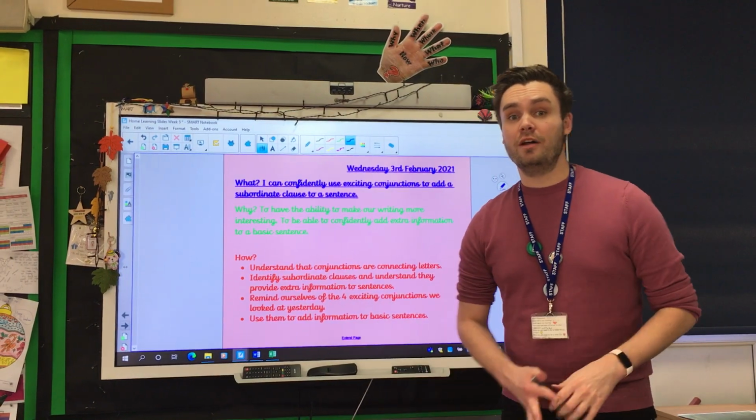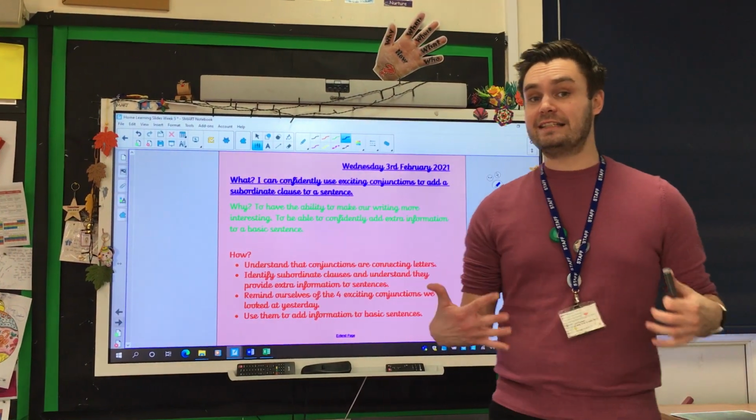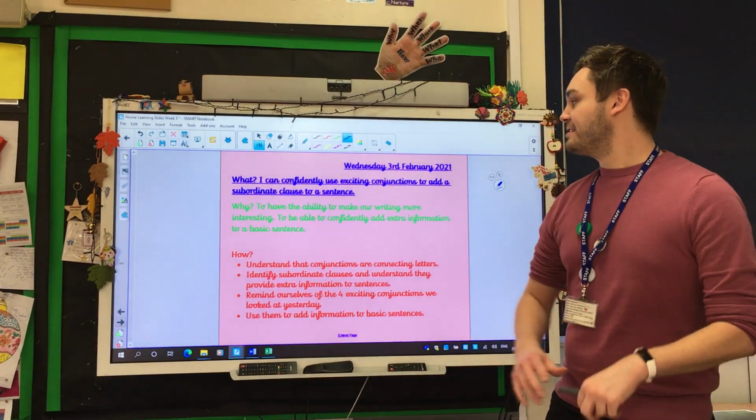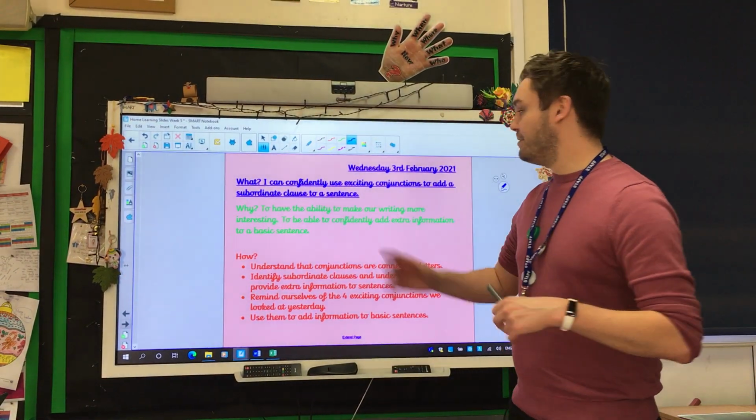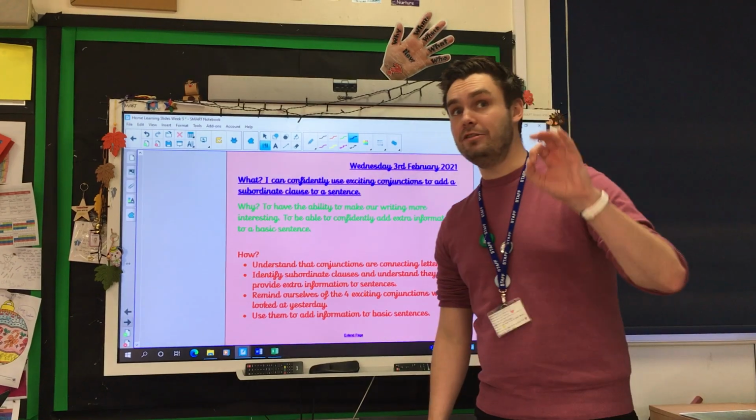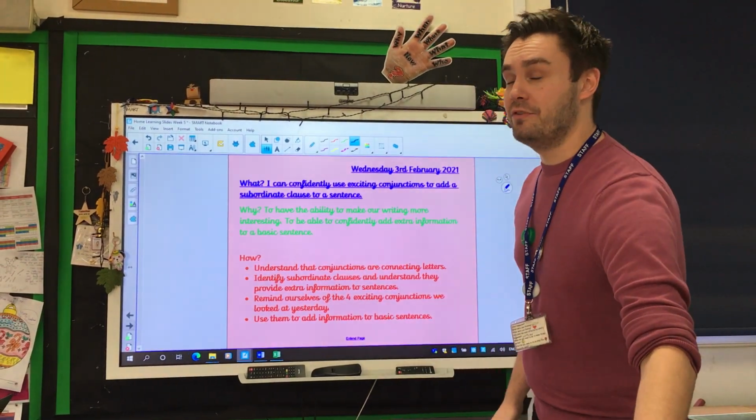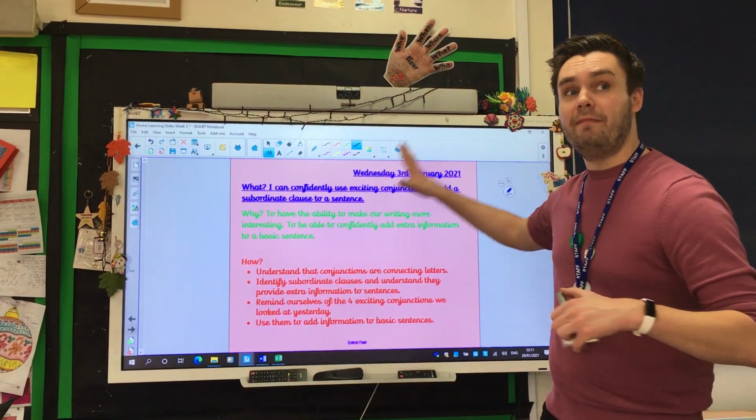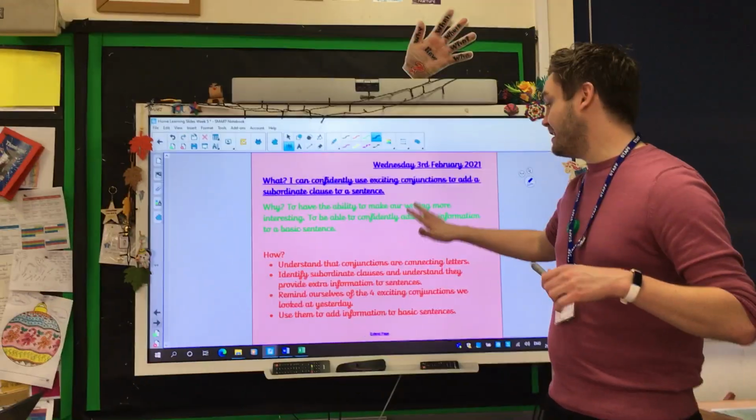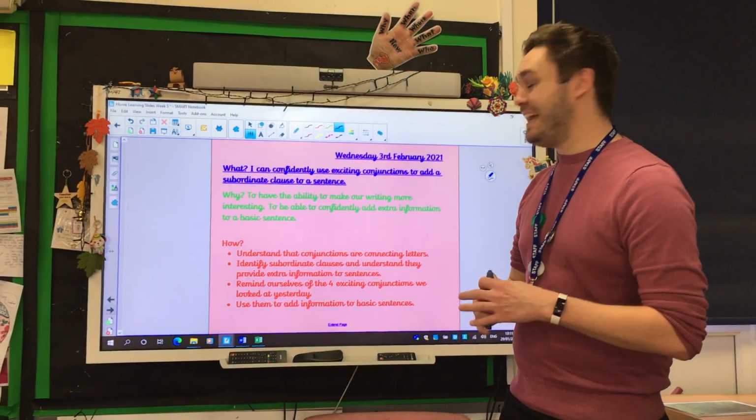We're going to continue on with the work on those exciting conjunctions today, but we're going to start using these to help us add a subordinate clause to a sentence. Now, we looked at this yesterday, a little bit. We're going to go into a bit more detail today. We're doing this because it's all about making your writing more interesting and to be able to confidently add extra